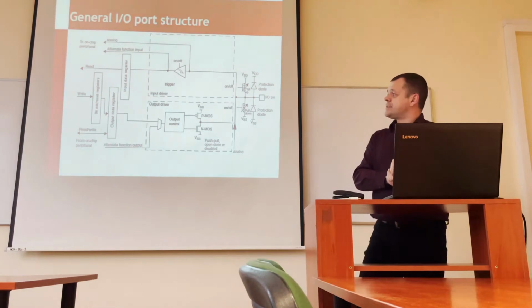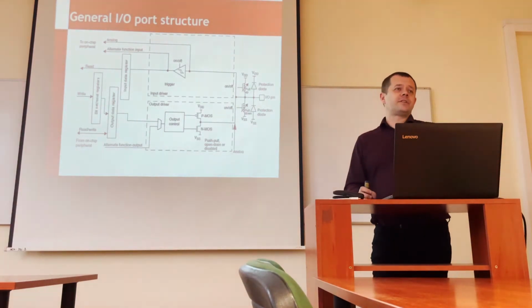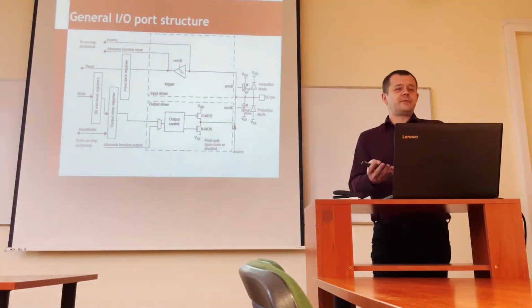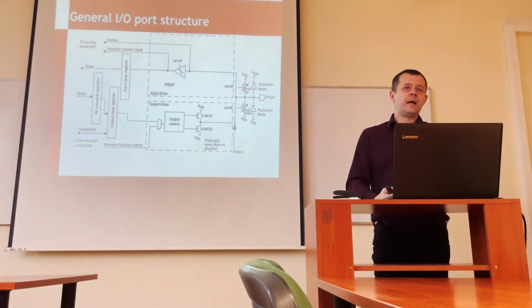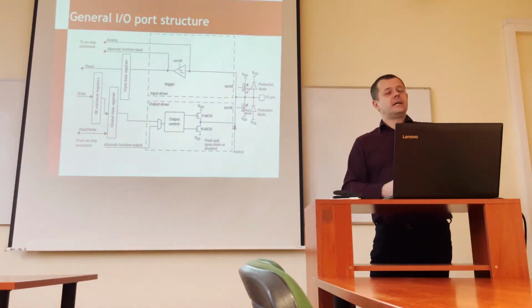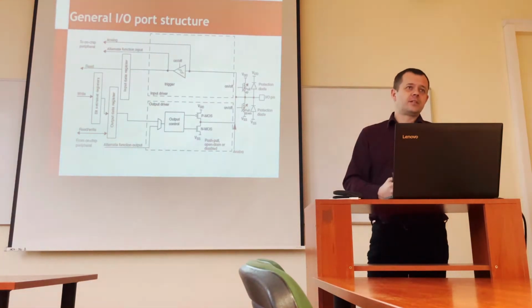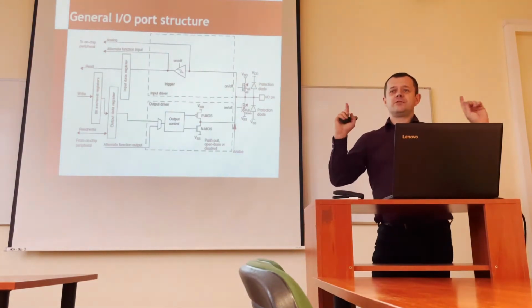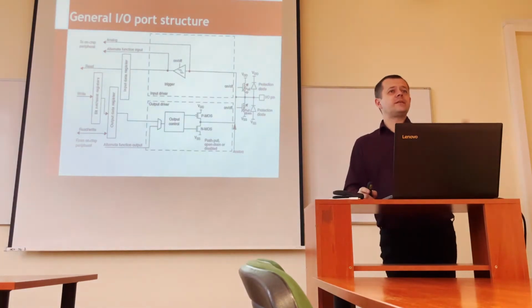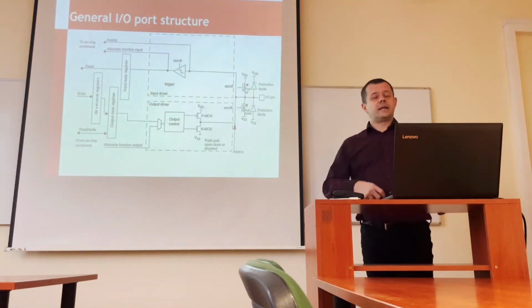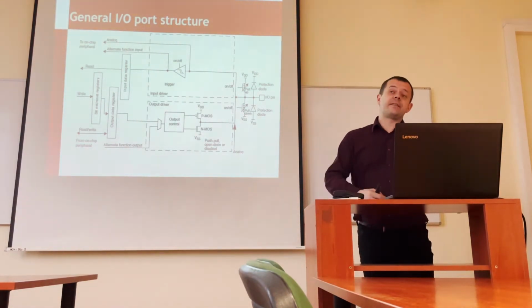Usually the major ones are two registers, and they are always present in any microcontroller. The first is the register used for writing something to the port and reading something from the port. The second is the register where we can define the directivity of the port, so whether the port is input or output. These are the two registers always present, for reading and writing to the port, and for changing the direction. There are sometimes more registers present, like for changing the drive strength,